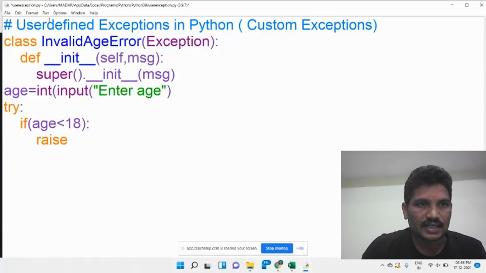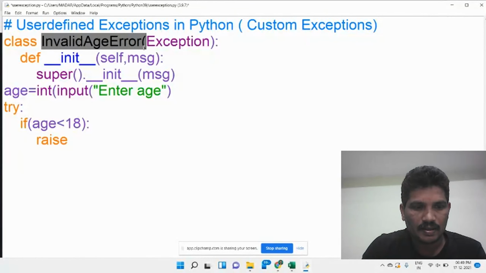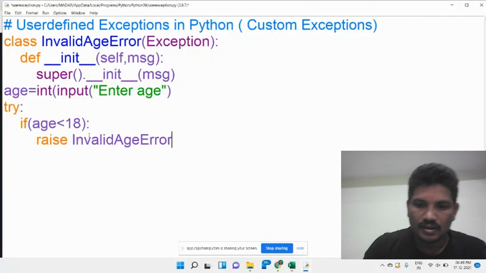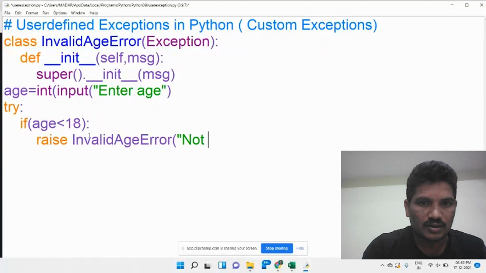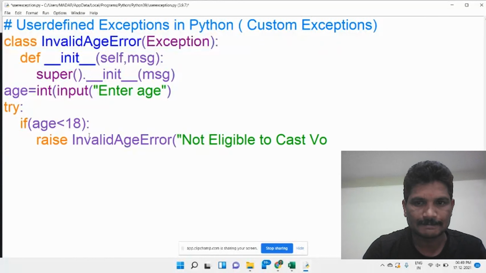Raise InvalidAgeError exception, and I would like to pass one argument: not eligible to cast vote.